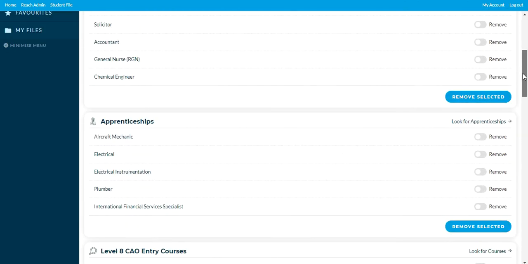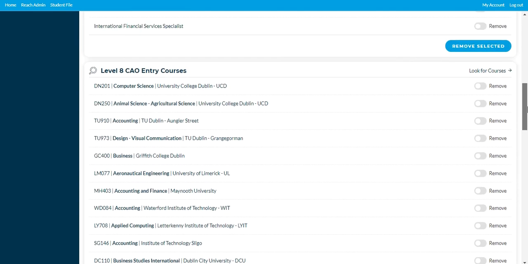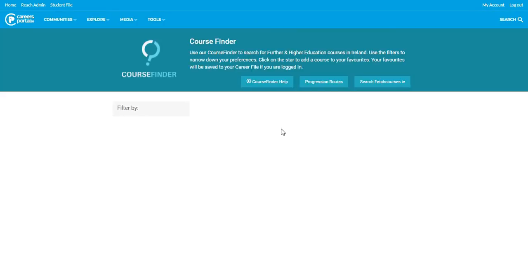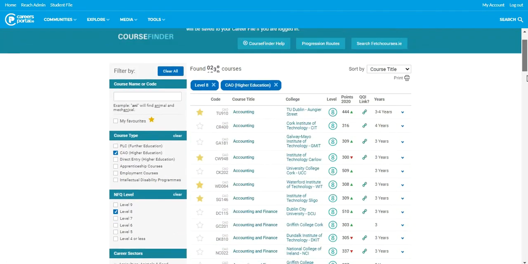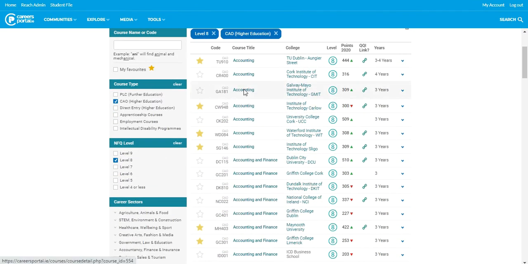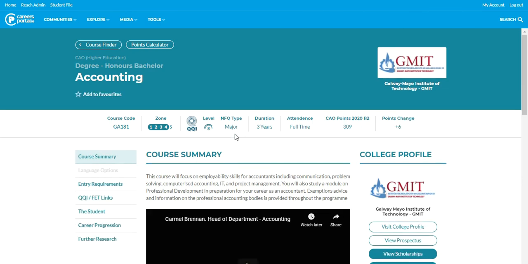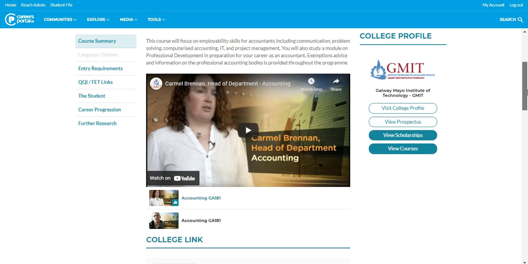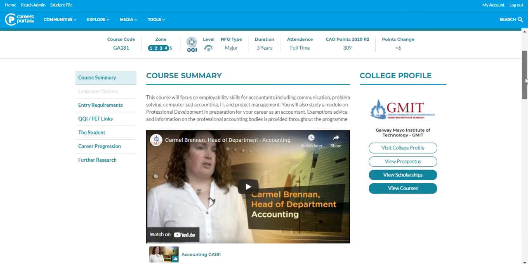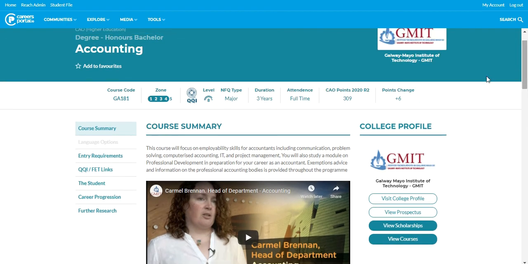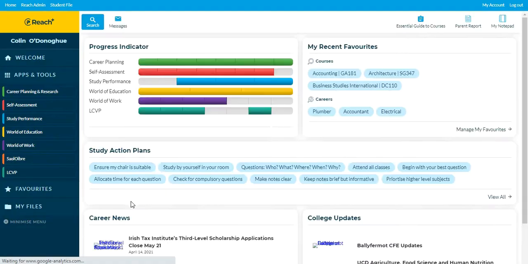So anytime students research, let's say, for example, if they want to look at level 8 courses and they click here and they find a particular level 8, let's say we're looking at accounting in Galway Mayo, and let's say to read all about accounting, to see all the videos that are attached, to hear people's descriptions of how their course went and so on, to look at the entry requirements, and they say to themselves, wow, this is a course that I'm really interested in. If they click this button here, Add to Favorites, what happens is that gets sent back into the favorites area